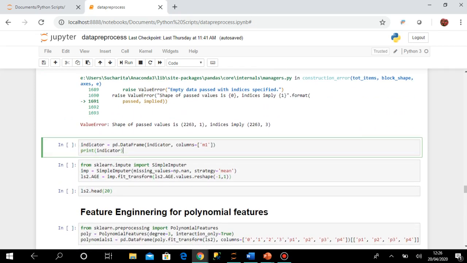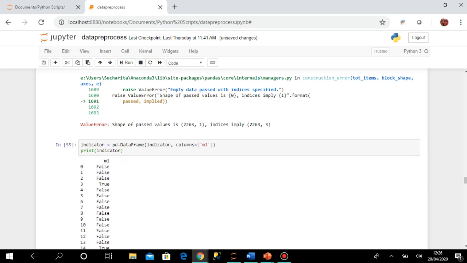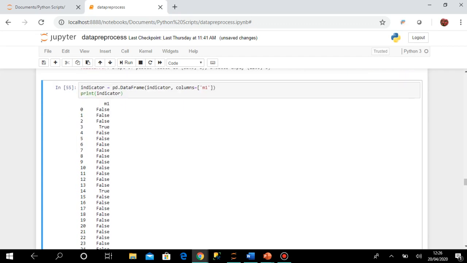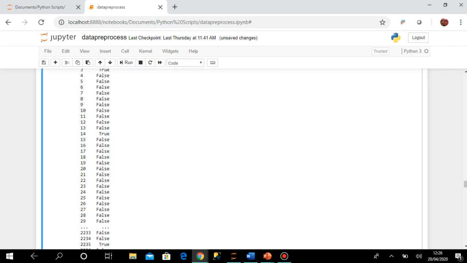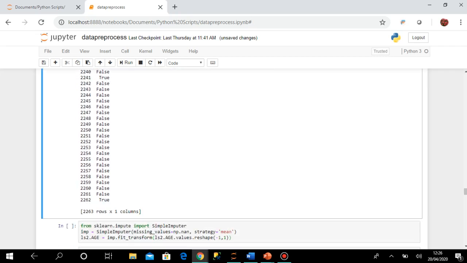Now I have changed this, and I am only keeping this m1 column. So now it is successful and it is printed. You can see one data frame is created where the column name is m1, and there I can find the first 3 are false, then true, then false, like that. So it is like for the age column I have generated this indicator. Okay, so I can have this list of indicators from my data set to understand which columns are null and which columns are not null. Okay, that indicator can help us in processing.